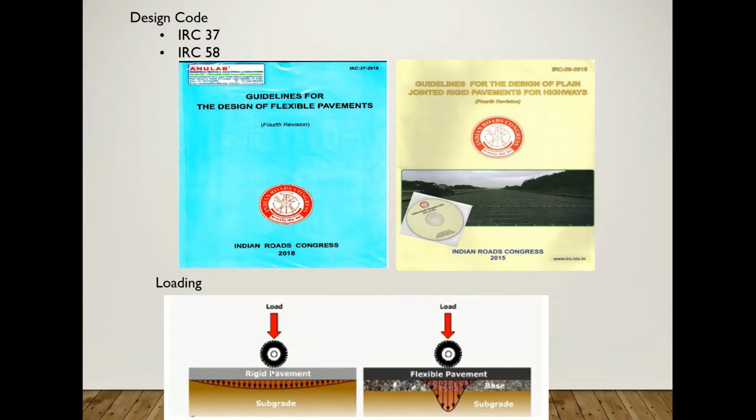In rigid pavement, it is nothing but a cantilever or beam type or slab, nothing but slab design. But here the moving load is the criteria. But in flexible pavement, it is elastic curve, elastic deformation, nothing but normal elastic deformation type. So this is the loading type in flexible and rigid.